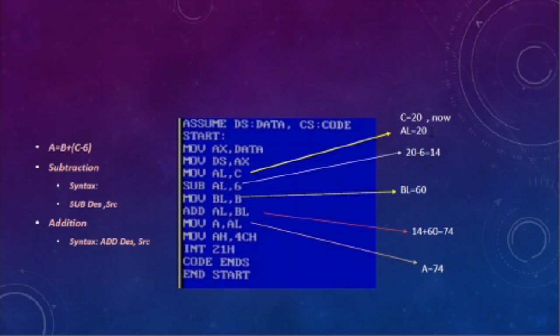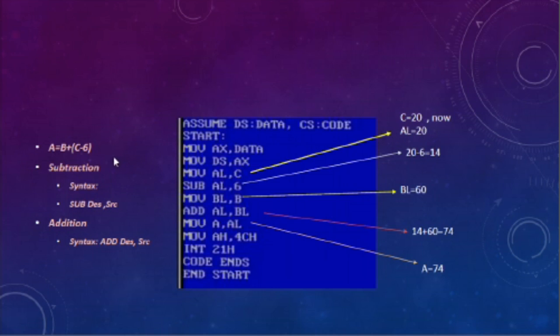So C equals 20. MOV AL comma C means whatever value is stored in C is moved to the AL register. Now the value of the AL register will be 20.